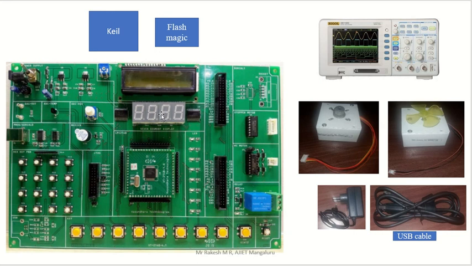These are the hardware setup we are using in our lab. Software required is two: one is Keil, another one is FlashMagic, and a microcontroller kit, that is an ARM version kit we need, and the kit name is LPC2148. And we need a DSO, digital signal oscilloscope, a USB to connect your computer to your LPC2148 kit, and we need a power adapter. Here we have a stepper motor and DC motor.